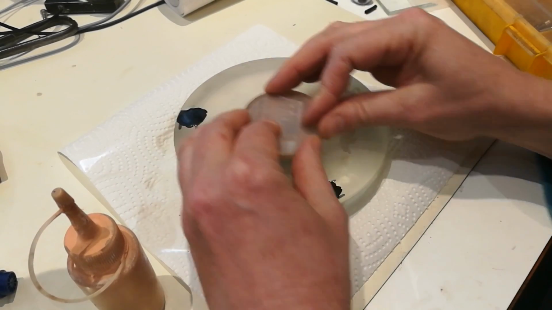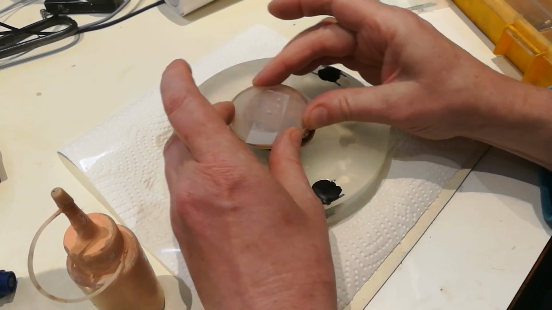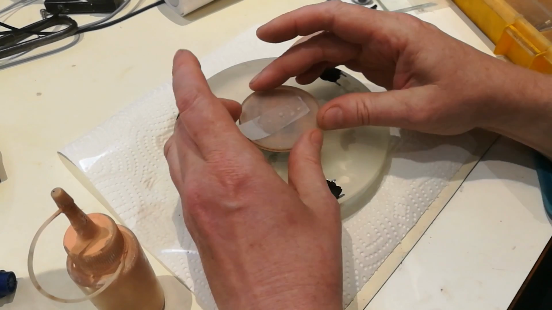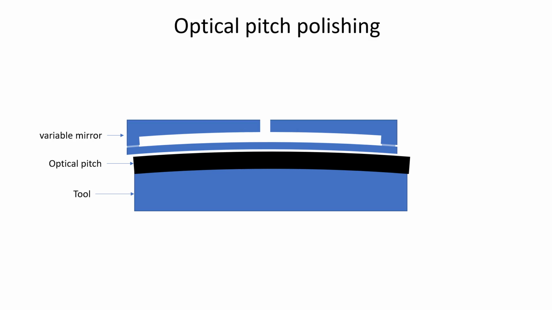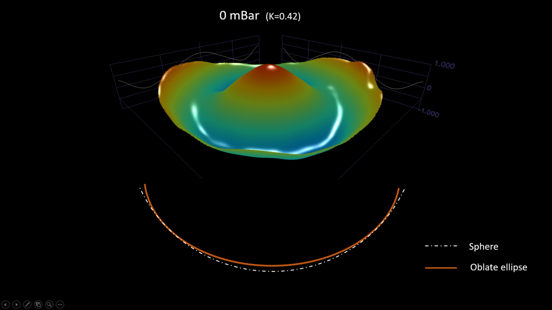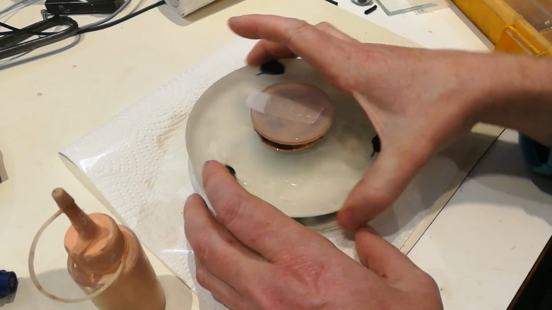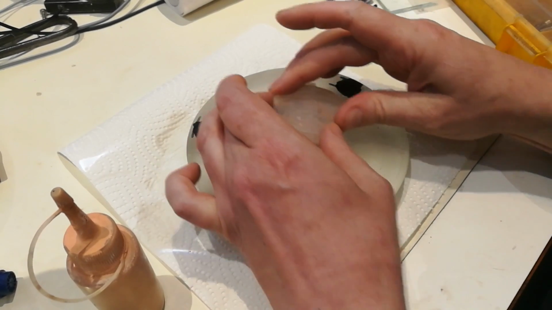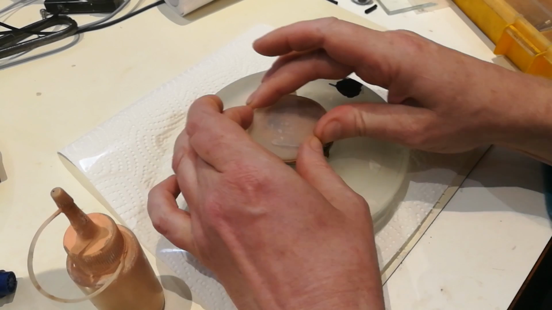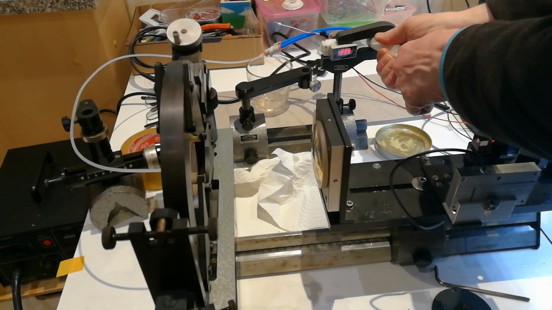Now, the reason for this shape is that you actually need quite a lot of pressure during polishing. And because the front surface is quite thin and it's not supported by anything in the center, it's bending away from the polishing tool. So this leads to less material removal in the center of the mirror, and that's where this bump comes from. It's possible to remove the bump by using a different polishing stroke, but instead I decided to leave it in there because I thought, let's just remove the bump by using a little vacuum.